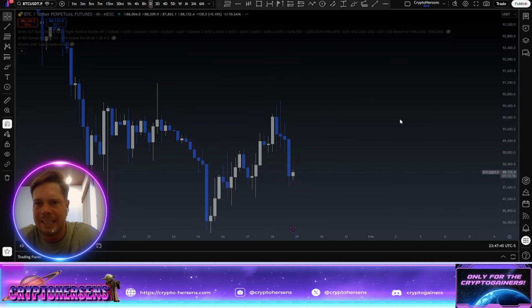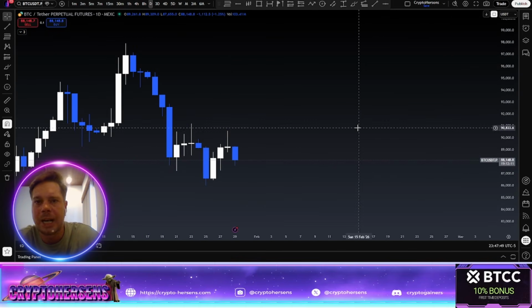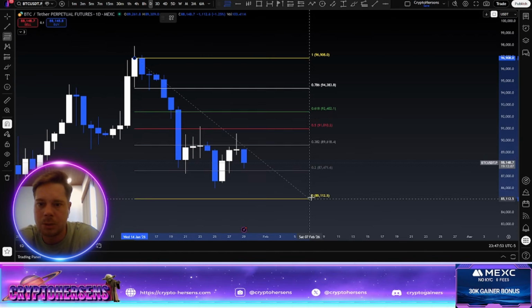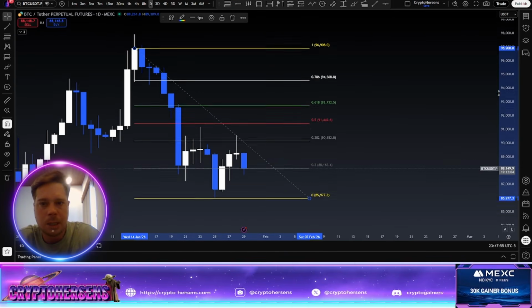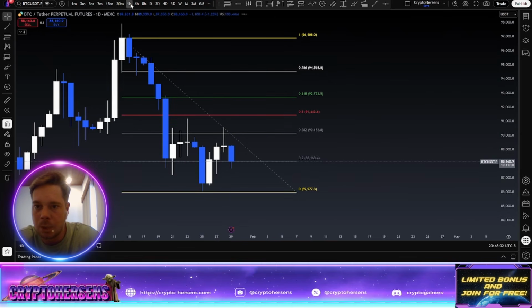So let's go to the daily time frame because we need to do a top-down analysis, right? We want to work from the higher time frame to the lower time frames, and what you can see is when you pull a fib from this swing low to the top of this wick, is that we came for buy side liquidity again, right? If you go to the 1 hour time frame,